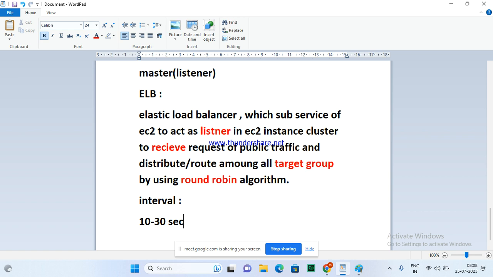On the backend, auto scaling is monitoring because if unhealthy servers are there, it removes and replaces them with new ones. But even the load balancer should monitor; if an unhealthy machine is found, it should not send traffic to it immediately. Because of what? High availability. No customer should say, out of 100 customers, 10 are complaining the website is not available or the website is busy. They should not have that. That's why the load balancer always monitors at 10 to 30 second intervals.